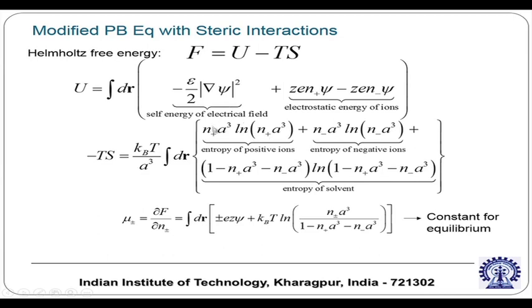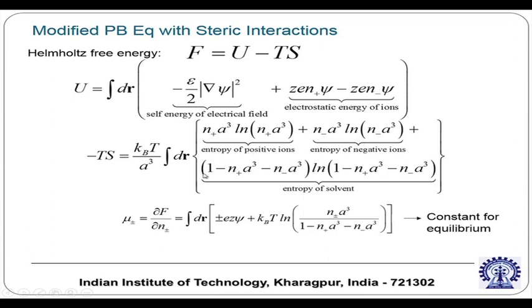This is entropy, n plus is the number density. So this is the entropy of the positive ions. You can recall that in the free energy expression there was a log of concentration term when we derived it in the Boltzmann distribution, which is essentially modified with the size parameter effect. So this is the entropy of the positive ions, this is the entropy of the negative ions, and there is also a